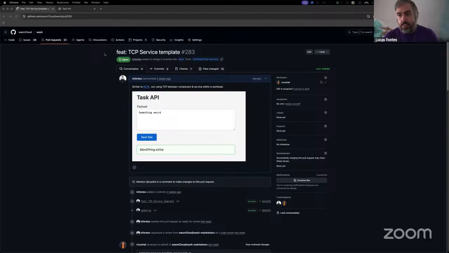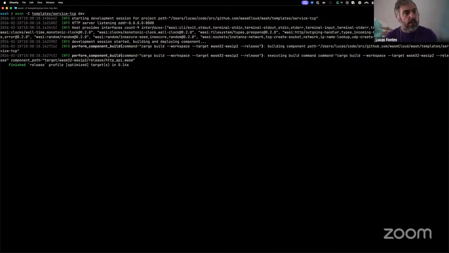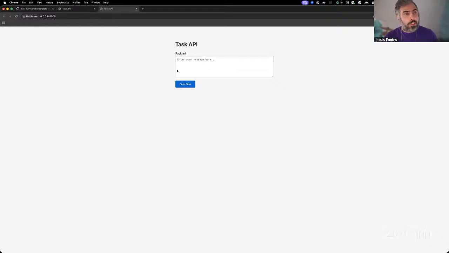And this TCP service example here is showing how to get that going. We have a very basic API here, and once we press send task, we just convert whatever text you sent here over to leetspeak. It's just to get a sense of how that looks when you're running it. You're going to start wash dev either inside the directory or by passing the directory you want to run. Wash is going to get through the compilation and bring up the HTTP server. At that point, you can write